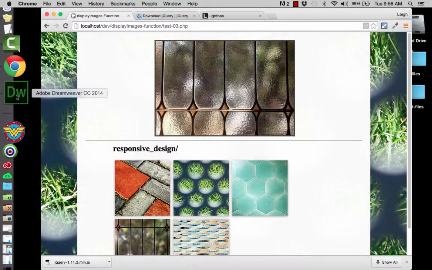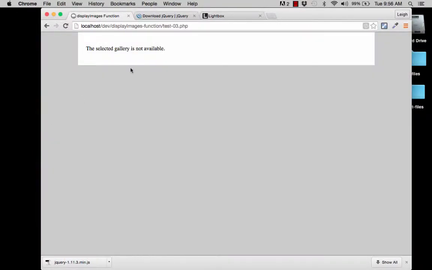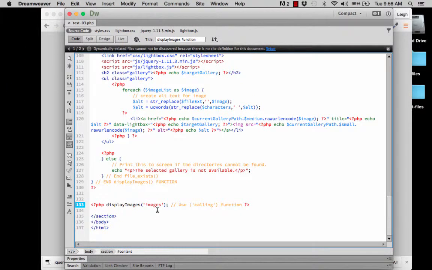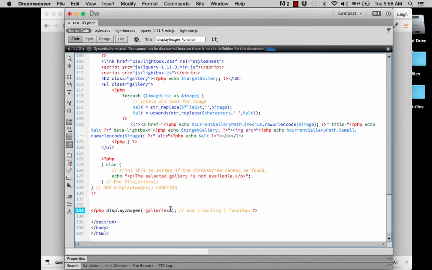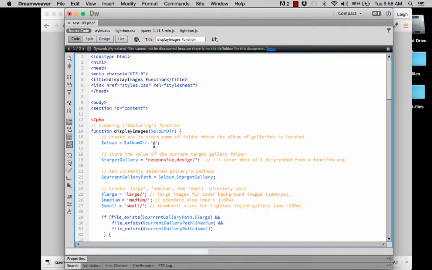If I were to go back there and say, I don't know, let's say images, which does not exist, okay, let's save this, hit refresh, and you see the selected gallery is not available, okay? So far our error checking is working. So let's go back to saying galleries. And notice that I'm not putting the / down here because up here I am automatically concatenating that at the